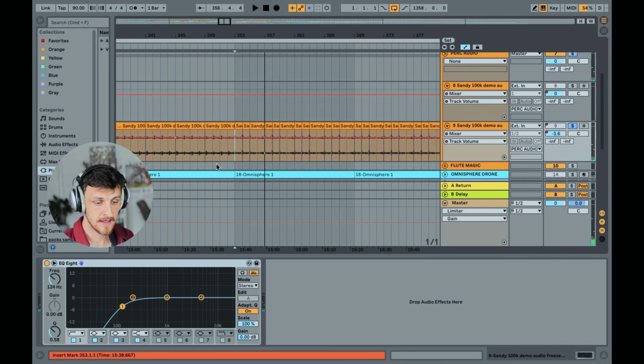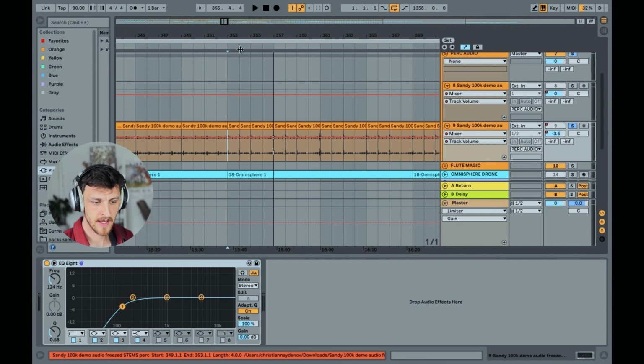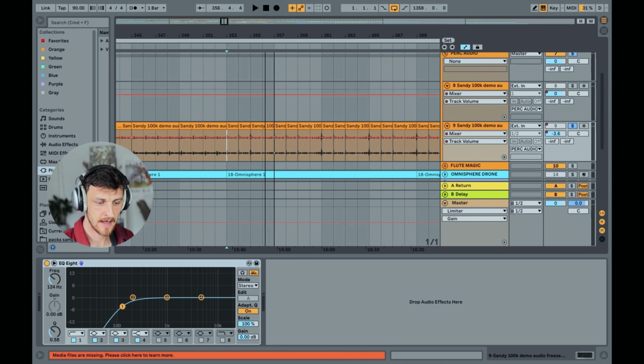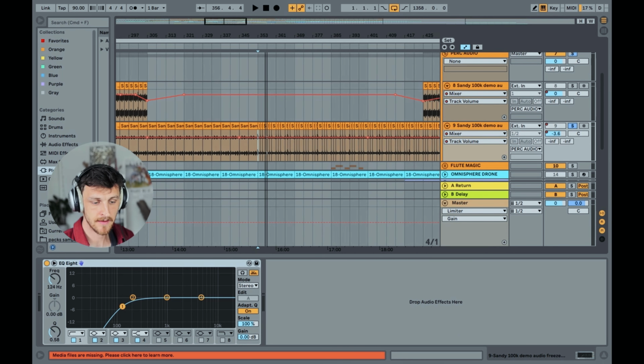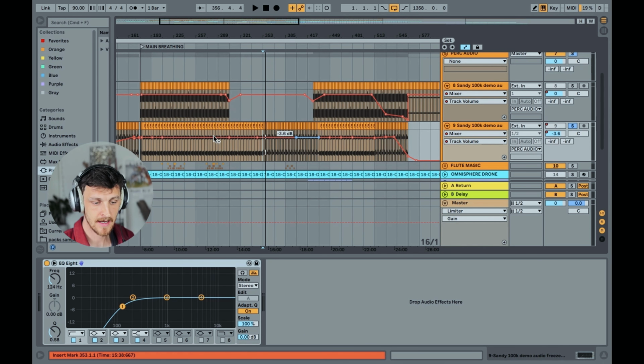So they are cut in a different way, and I probably used another different sample loop here with more shakers here. But in general, I combine all of these higher frequency percussion loops together on one track to give much more variety in the arrangement later on. So I can play with different rhythms and different grooves and changing the mood a little bit with these percussion